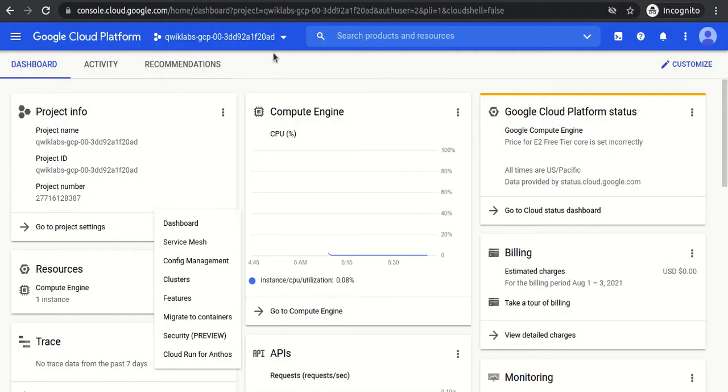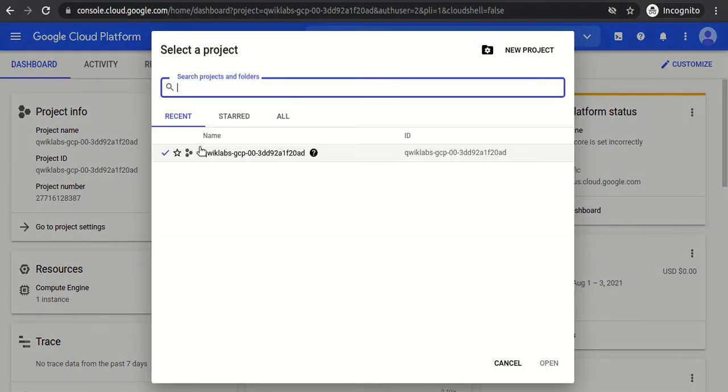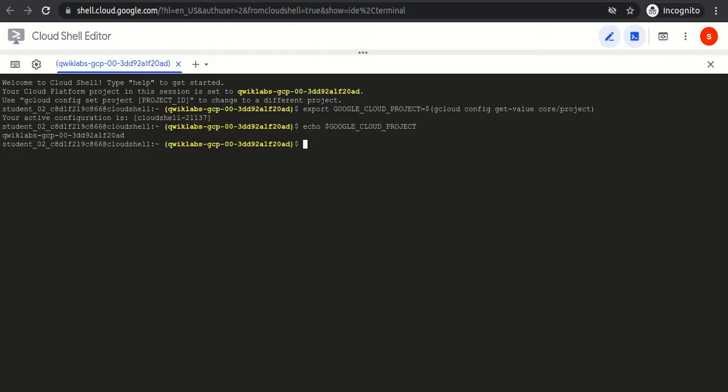So this is my project. Either you can set it manually, but generally it is recommended to use the command which will automatically fetch the current project from the configuration. It will automatically get the value of the current project.